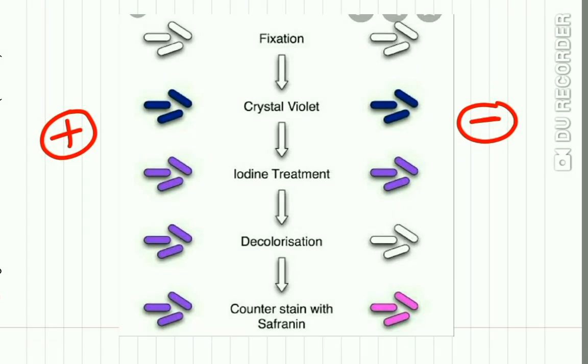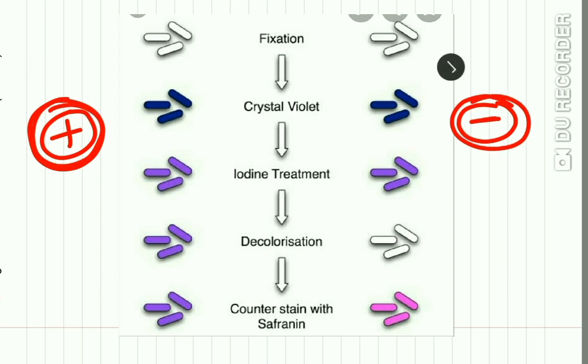So here you can see in a simple picture the gram staining process. On this side you can see gram positive staining, and here you can see gram negative staining. Both the specimens are fixed, and both take up the crystal violet color. Upon iodine treatment, the di-iodine complex is formed. Upon decolorization,